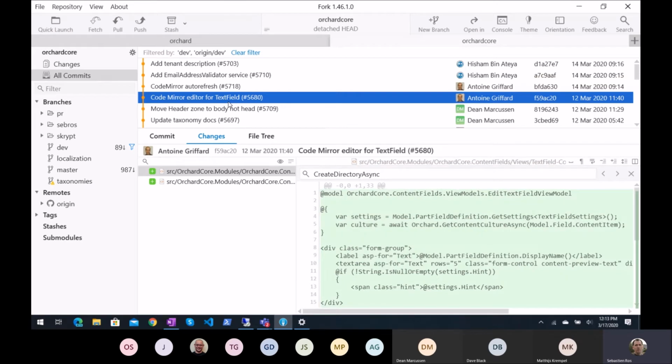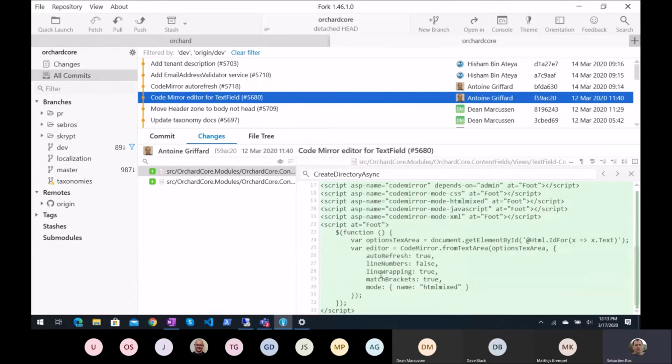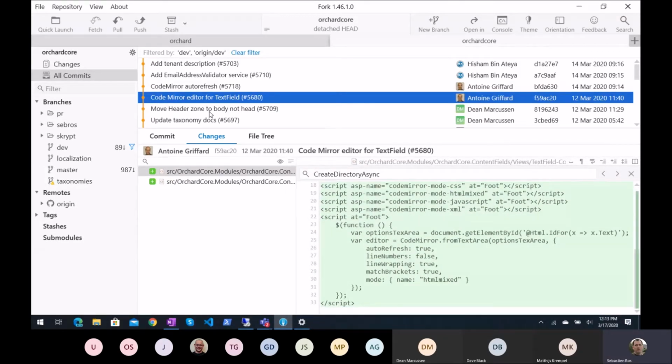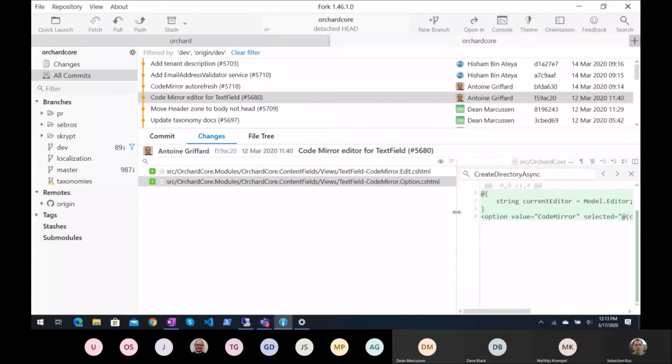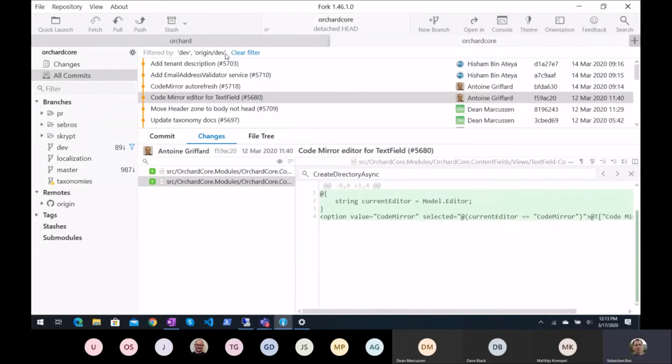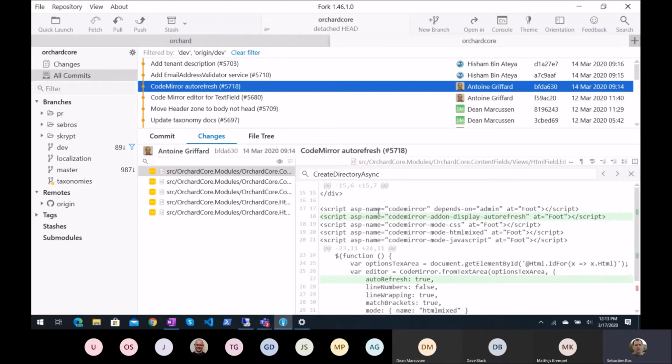CodeMirror editor for TextField. That's a new editor for a TextField where you can use CodeMirror instead of a text area. And also for not just the text field. CodeMirror auto refresh, fixing an issue.